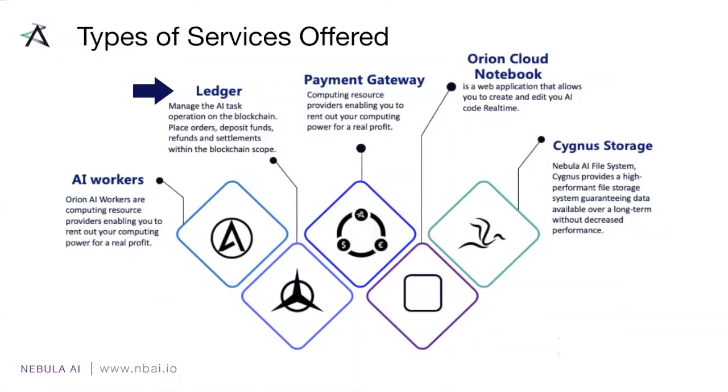The ledger actually is a very important feature, and we enriched it a lot. It can support you with place order, deposit funds, refund, and settlement tools. Those ledgers are currently managed in 2 major regions, one in China, one in the US, and those ledgers will support different functionality across the data centers. We continue to enhance our ledger devices. Ledgers perform a more and more important role in the data center. It runs on a smart contract; currently, each ledger will get about 10% of the profit for the transactions or